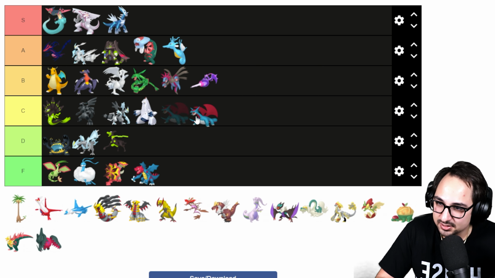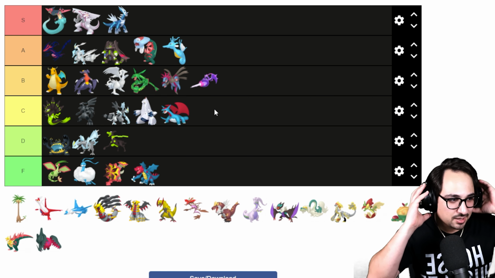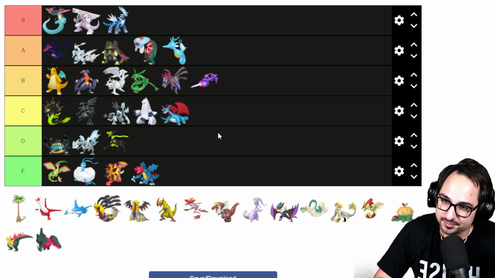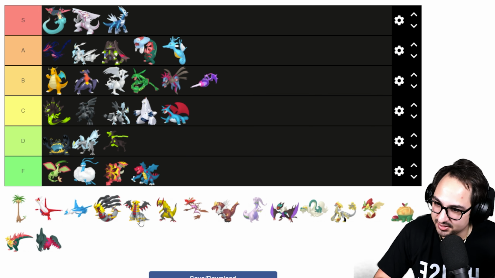Salamence, I'll put Salamence in C. Back when Salamence had Mega, at least you had the Mega to help it with, you know, the boosted flying type moves. That would have been amazing if that existed now, but sadly it doesn't. So I think Salamence is going to stick to C. I don't really see Salamence seeing a lot of play, but maybe you can make something happen with it in singles. Next we have...